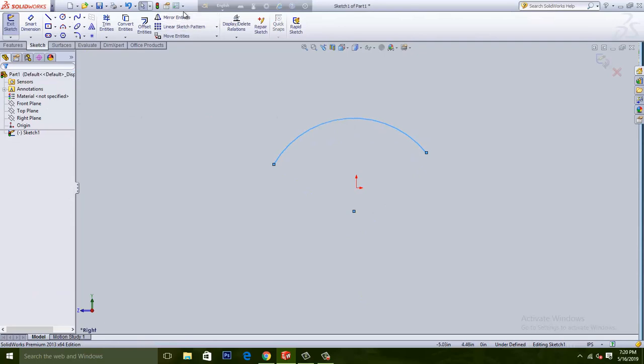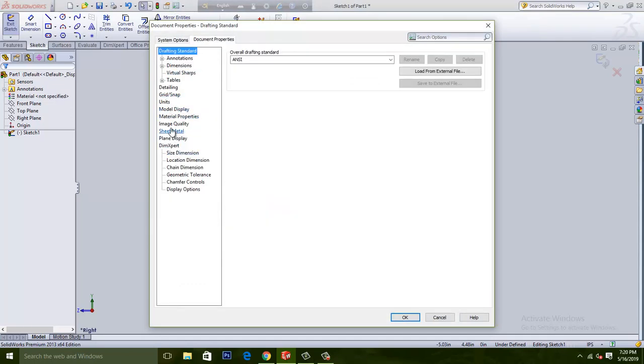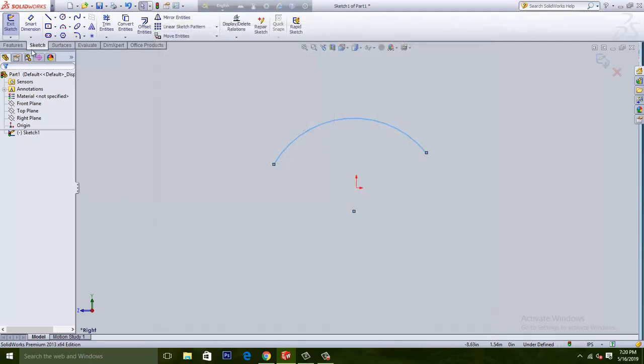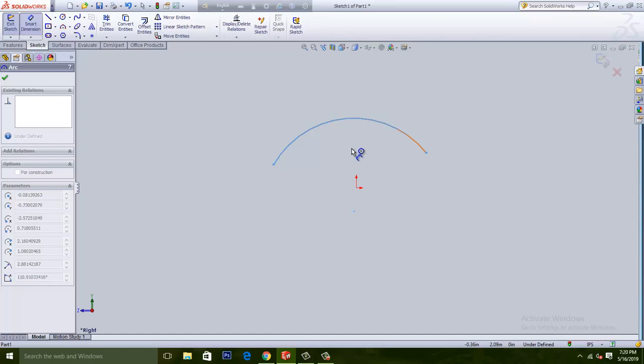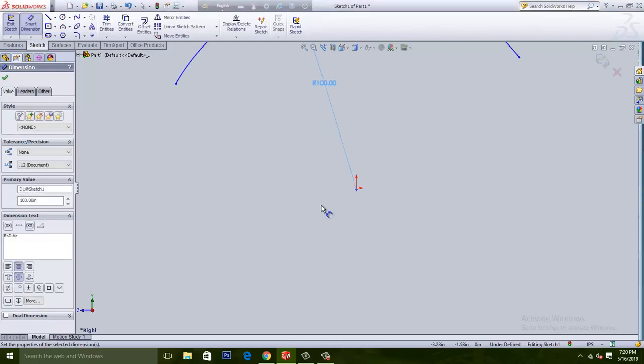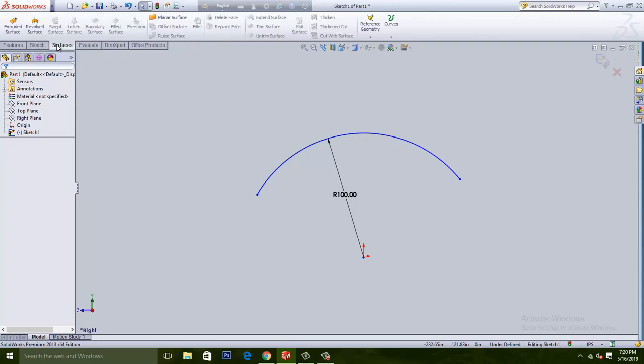Okay. At first I am going to make some settings for good quality of image and pixel setup, so I always prefer to make my image quality high. Okay, there is smart dimension and take the radius of this arc is 100. Click OK, zoom out, click OK. Then go to the surface, click revolution, surface,